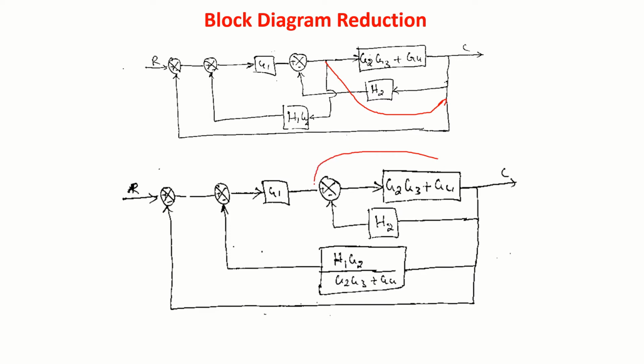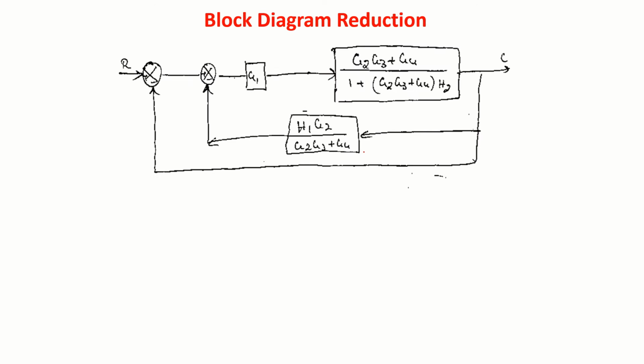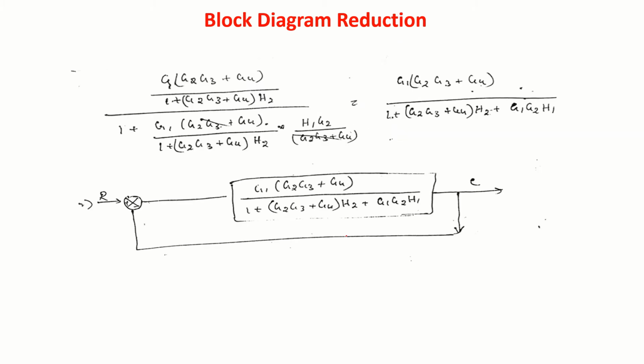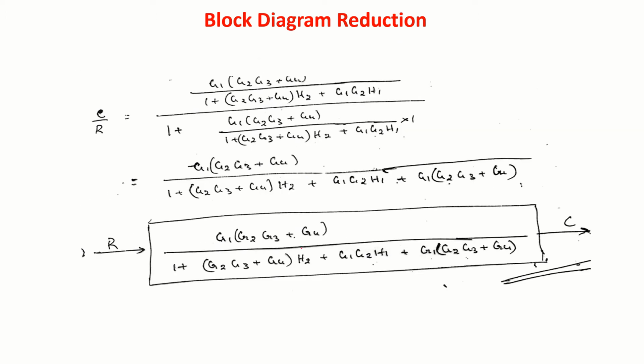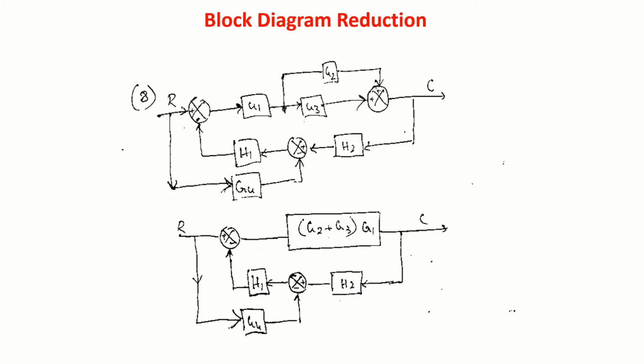Now this part is in canonical form, and whatever block you get, you can multiply with this, you can reduce with this, and finally you can reduce with this one. I think that's what I have done here again. So again, you reduce this part of it, you'll get unity feedback, then complete the solution. Okay,